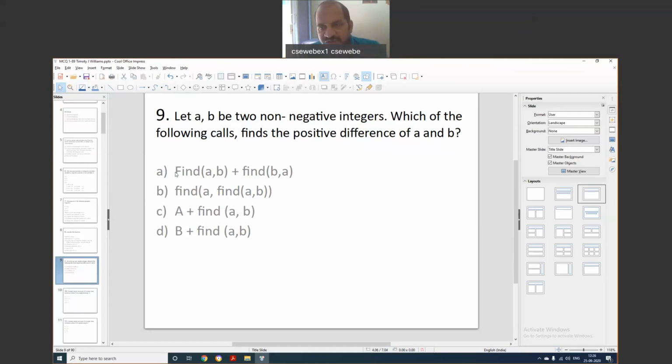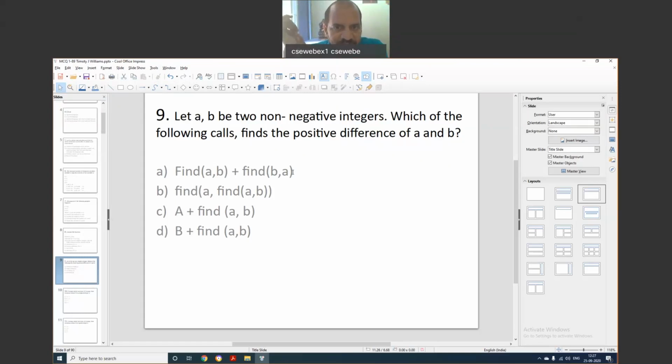This first one will give us the positive difference between the two numbers. That means if we have 7 and 12, we'll get 5. And if we have 12 and 7, we'll also get 5. In both ways, we'll get 5. Why?